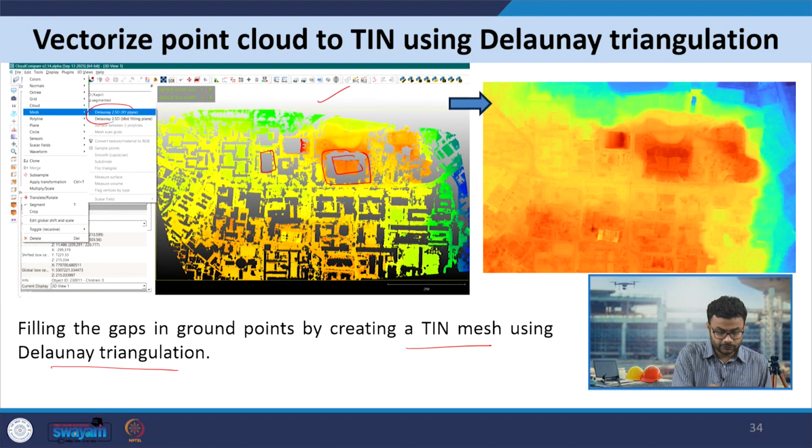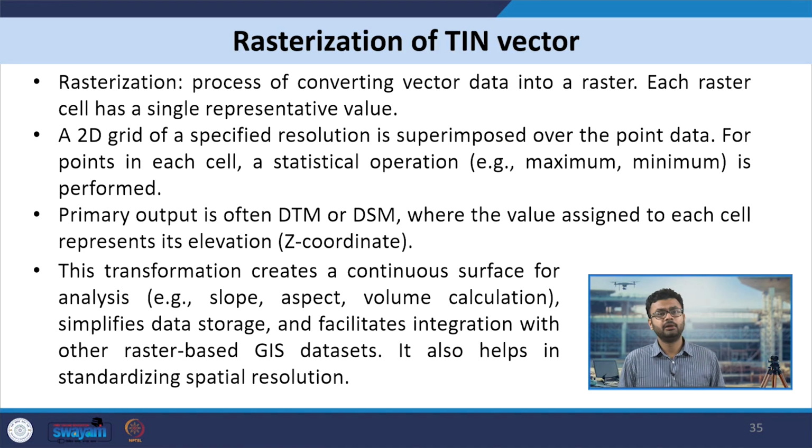Then through Delaunay triangulation a TIN mesh is generated, and then all these holes are filled. So, for example, if we talk about this particular hole, then it gets filled. These holes are also filled over here, and this happens essentially through interpolation, which leads to a DTM generation. Now, this DTM is still in the form of a TIN network, and utilizing a TIN is not very easy